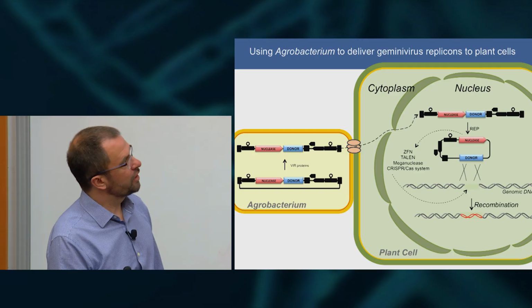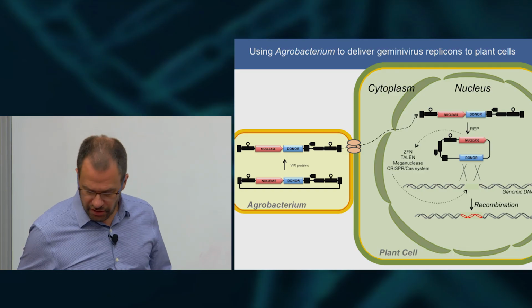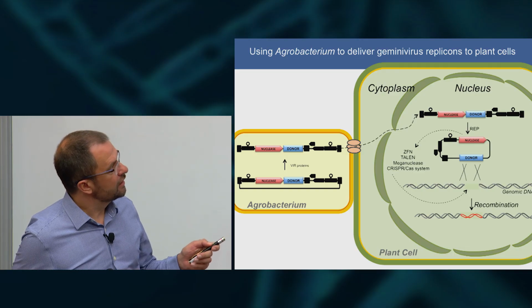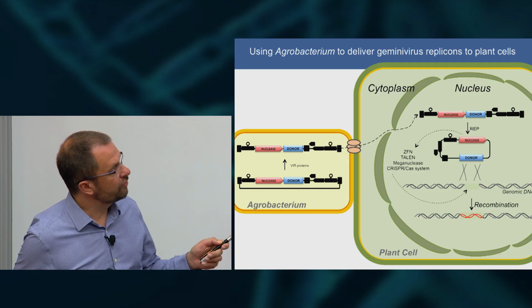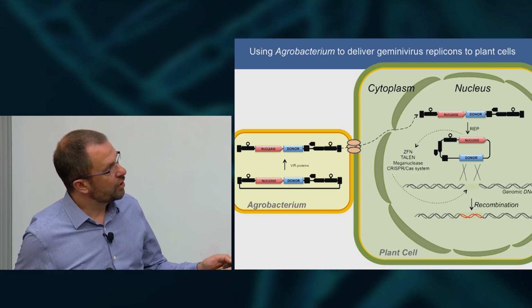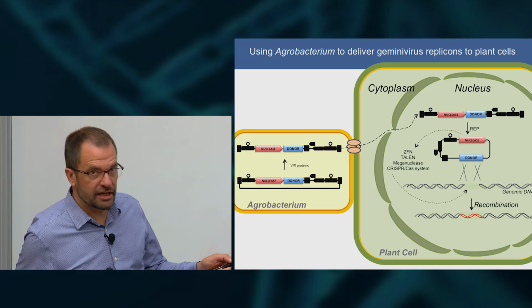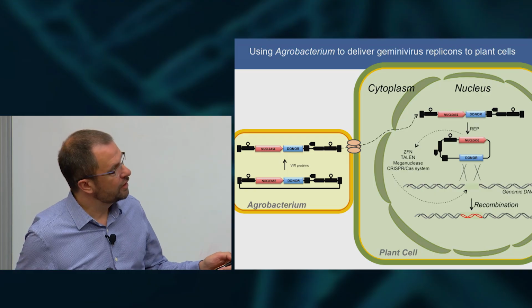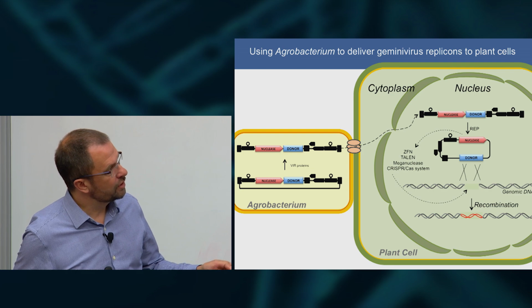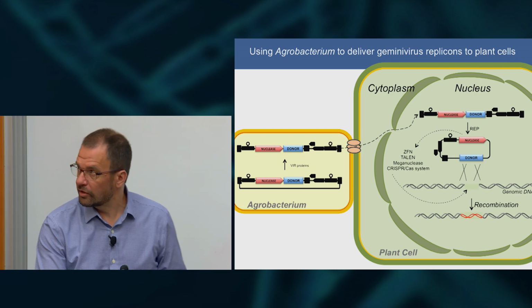And so we deliver them to plant cells. This is our replicon being delivered by agrobacterium. It peels off a T-DNA through the process of infecting a plant cell, delivers it to the nucleus, and then in the presence of our replicase protein, this circularizes and again amplifies to high copy number, making an abundance of your favorite nuclease to target the genome and producing an abundance of the donor to repair the targeted break.